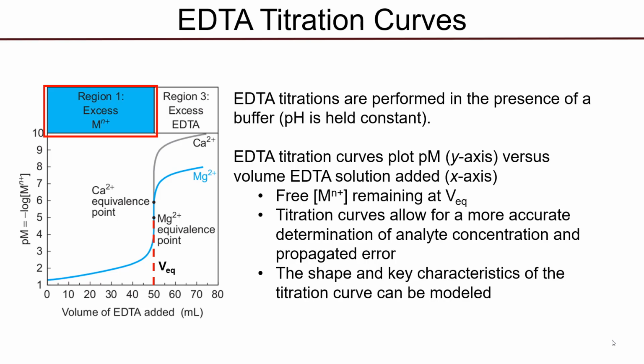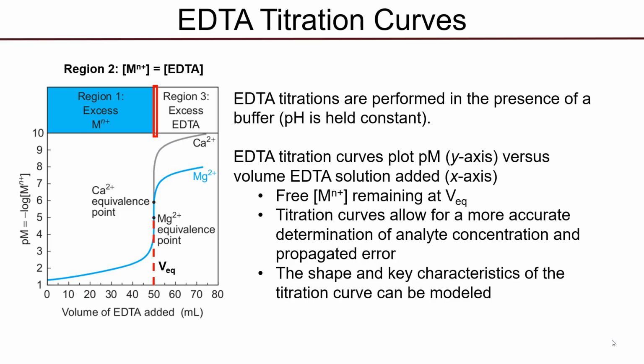In terms of predicting the shape of the EDTA titration curve, the basic idea is that we are going to divide the course of the titration up into three regions. In the first region, we are prior to the endpoint volume, and thus we have more free metal ion than we do EDTA added. As a result, we have a greater concentration of our free metal ion than complexed ion, and this allows us to make specific assumptions about how to calculate the pM value at points prior to the